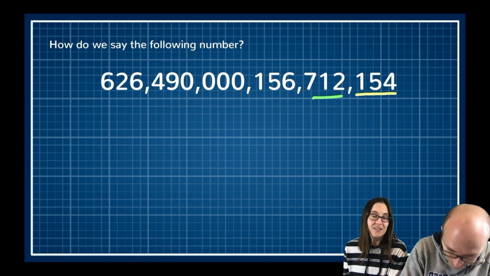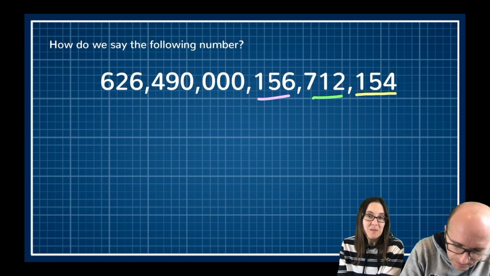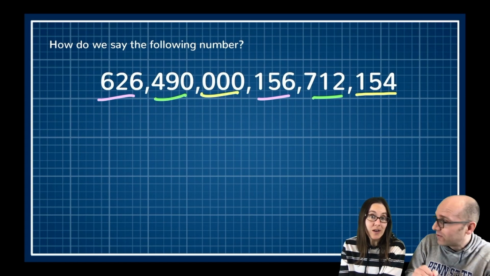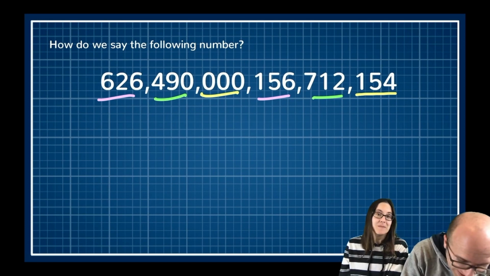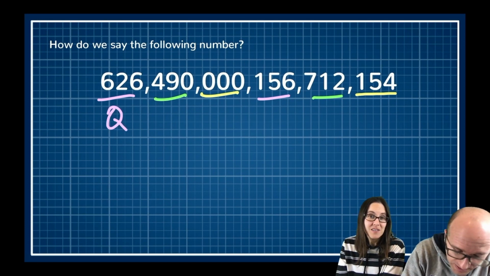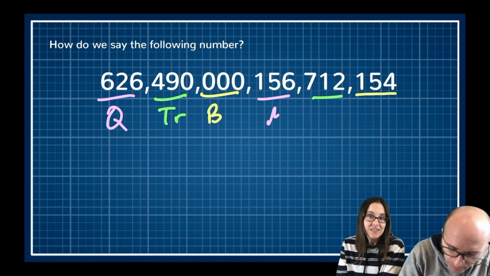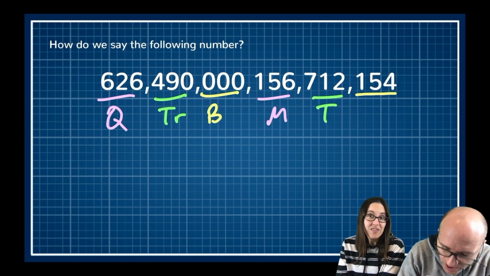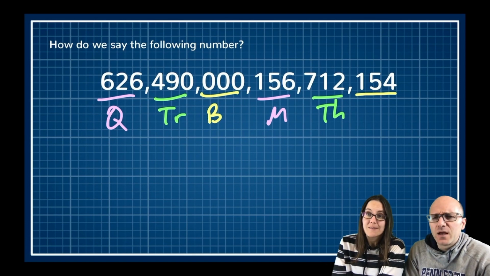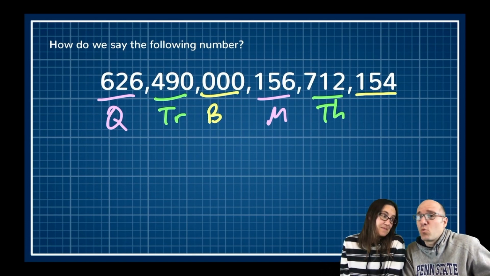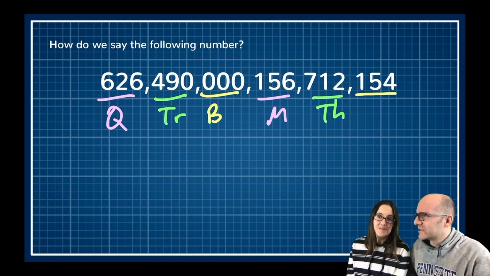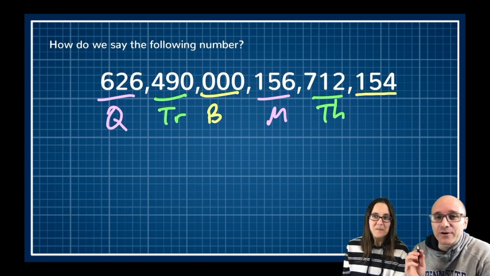Yellow, hundreds, the thousands, millions, billions, trillions, and quadrillions. Awesome. I'm going to write those out just like you said. So that was the quadrillions, this was the trillions, this was the billions, the millions, the thousands, and the hundreds. You might call it the hundreds, you might just call it the ones. I'm not even sure what I would call those first three.